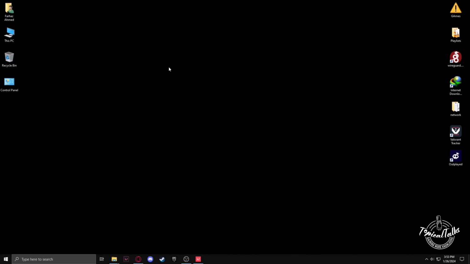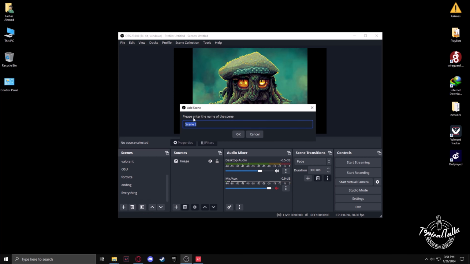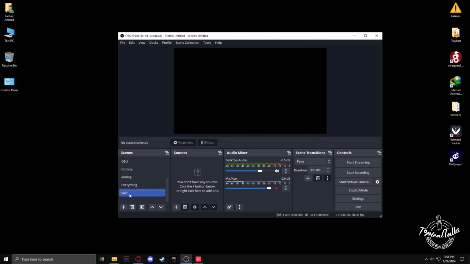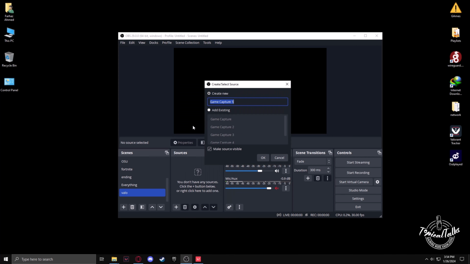Now let's open OBS. Now select add scene. Give it any name you want. I'll just call it Valo. Okay. Now add a source. Game capture. And you can give it any name you want as well. I'll just call it Valor